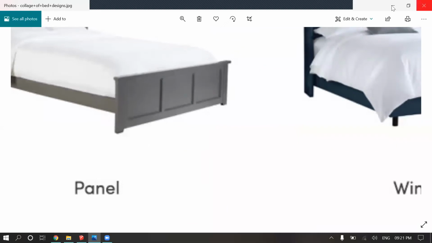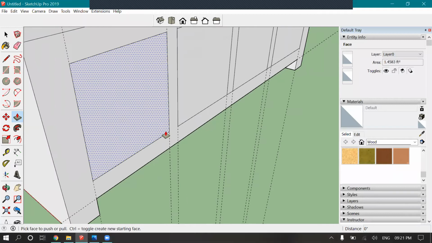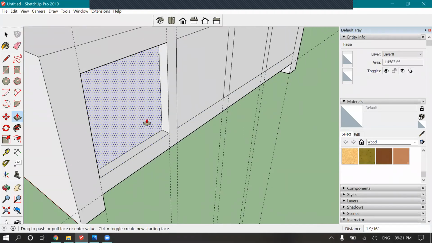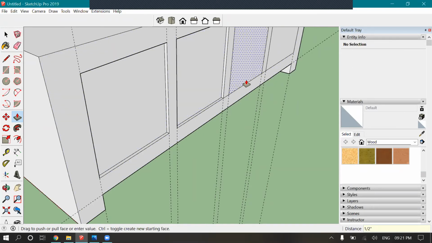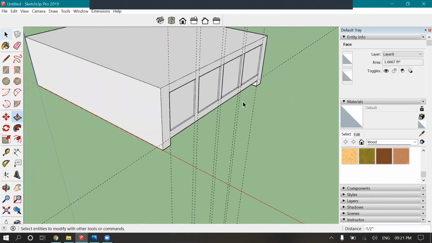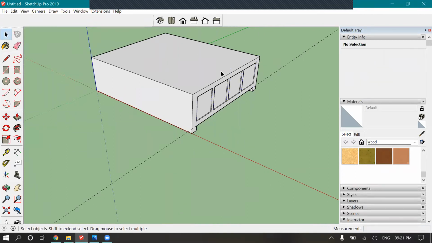So let's press pull, click on the area, press pull for 0.5 inches, and so on. So this is our base for now.